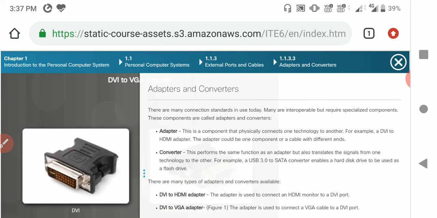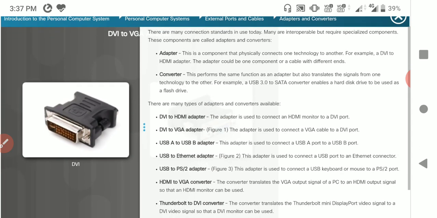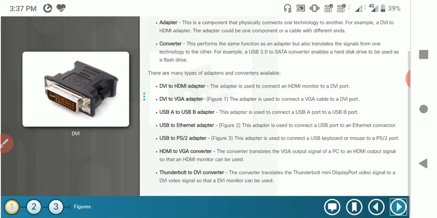There are many types of adapters and connectors available, like DVI to HDMI, DVI to VGA, USB-A to USB-B, and USB to Ethernet. The DVI to HDMI adapter is used to connect an HDMI monitor to a DVI port.